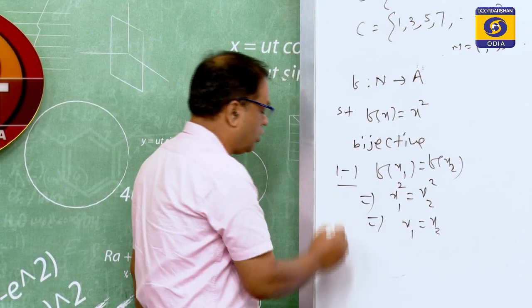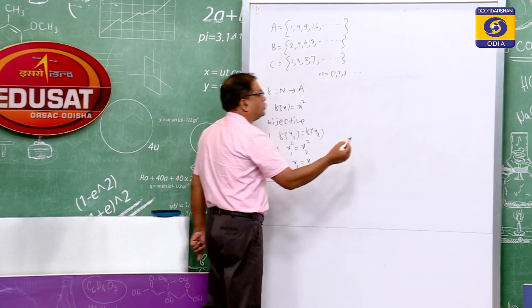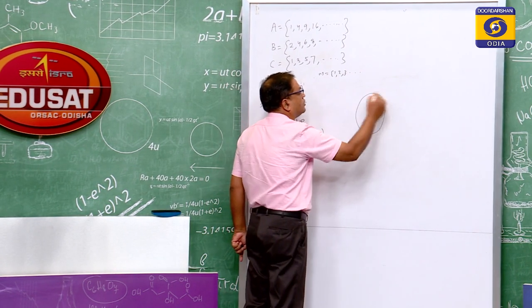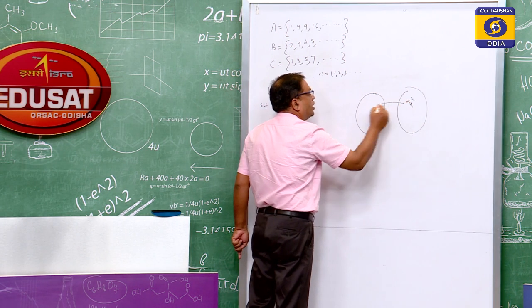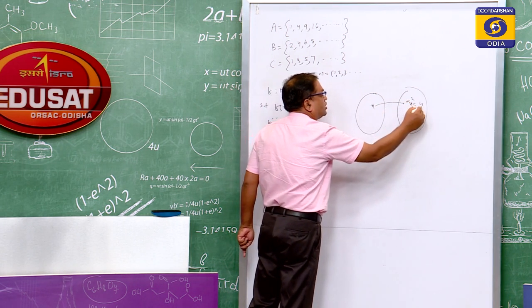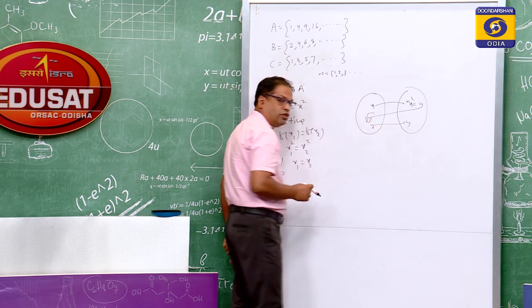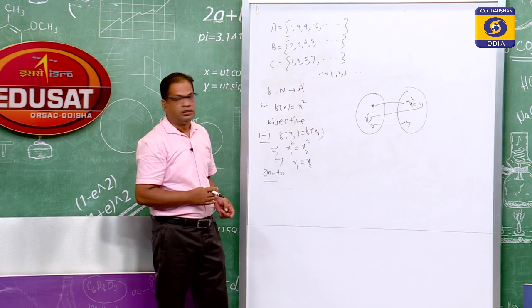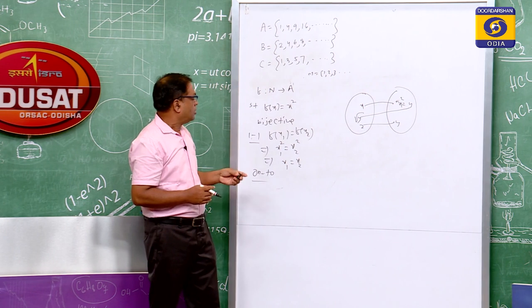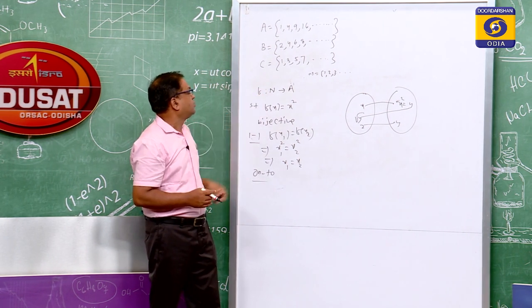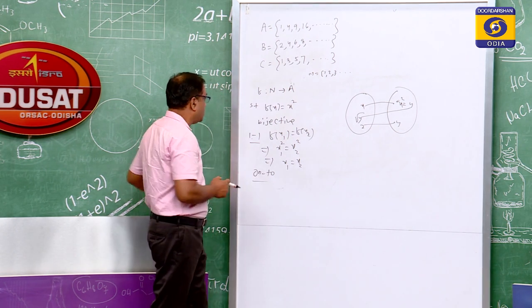So, the function is one-one and it is also onto because for x square we will get x. Suppose y = x square, we will get root y. For 4 we will get 2, for 6 we will get root 6, but here there is no root 6; for 9 we get 3, because these are squares of natural numbers. So, this is a bijective function. So, these sets A and N are equivalent.